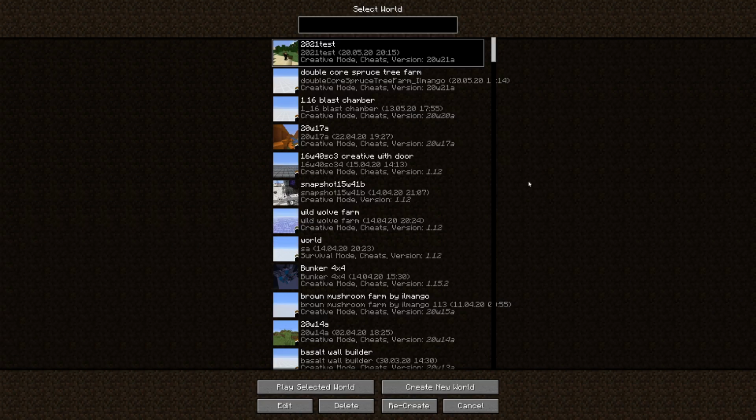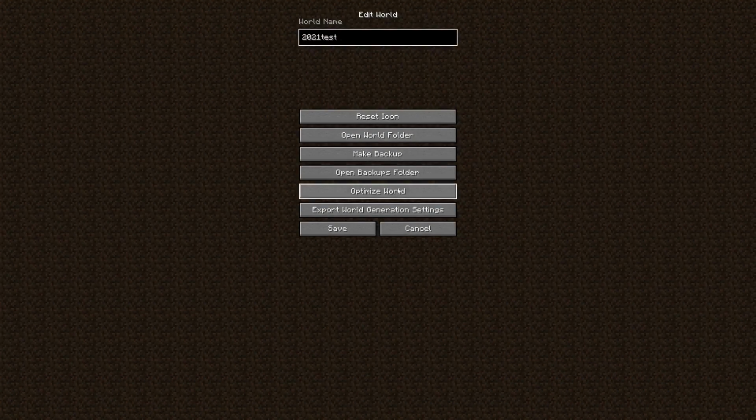You need to create a JSON file and basically need to know some coding in order to do so. There's also a couple of things that you can already use without the coding knowledge. So you can export the world generation settings. So if you have a flat world, etc., you don't need to do this every time manually.